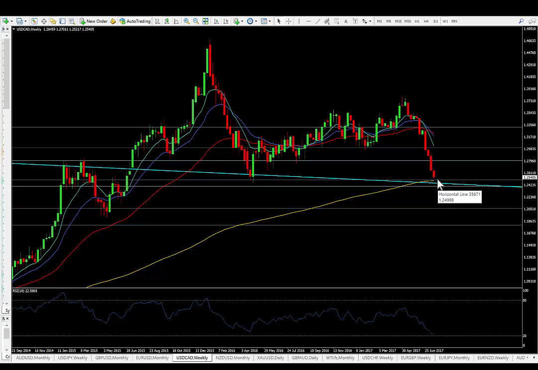We've got the 125 price level, which of course is a pretty good psychological level. It's also where we had the recent low. This is where the 200 EMA on the weekly is coming in. It's also where we have our bisection point coming into play, which could play a little bit of a part. So at the moment, we've got strong selling pressure, but possibly coming into an interesting area of potential support, and this is what we want to look out for, because if there is potential support here, then we may find